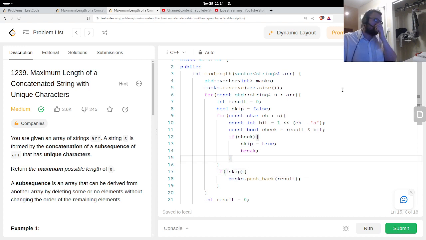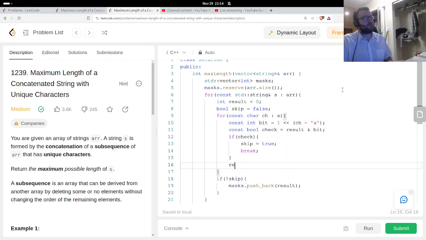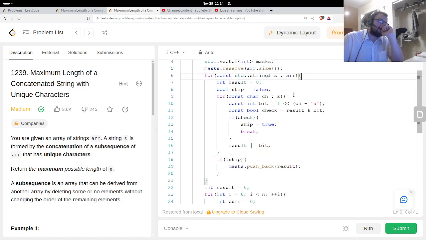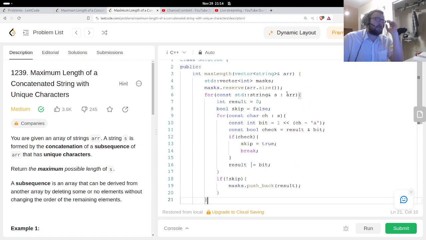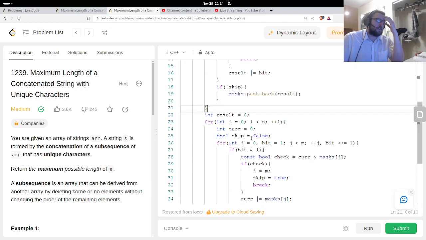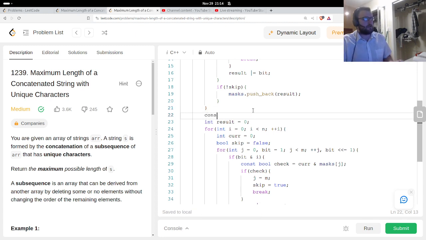Okay. Result or equals the bit. Yeah. The reason why I would want to do it this way is because now I can say M and N. M is masks.size, and N is.